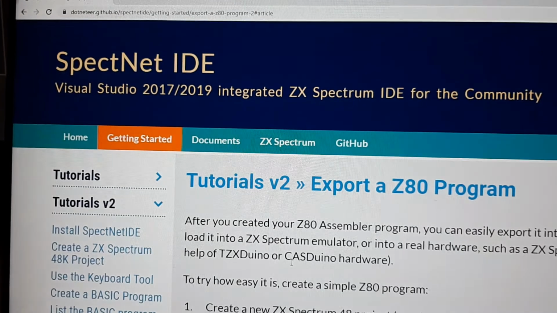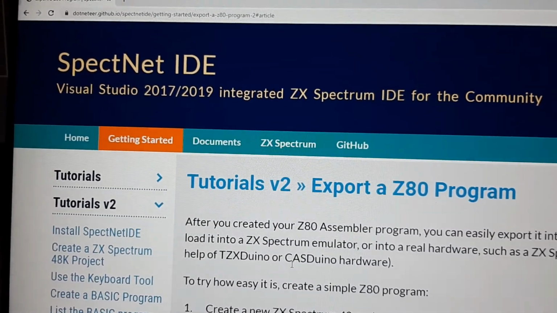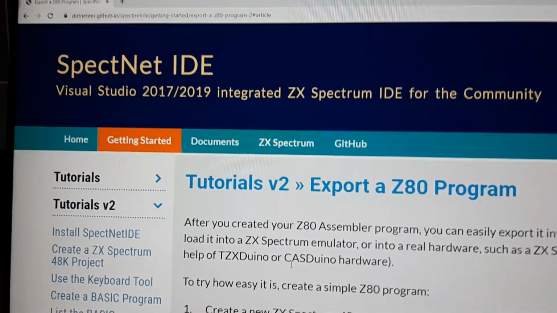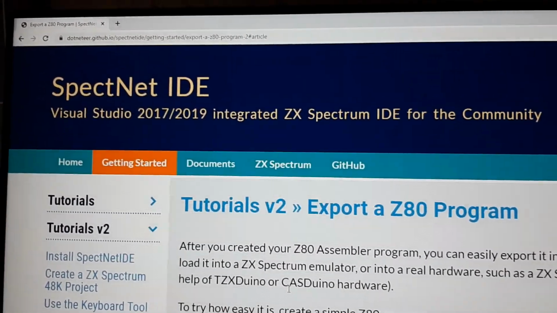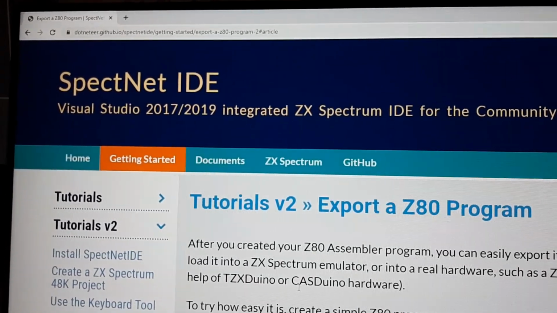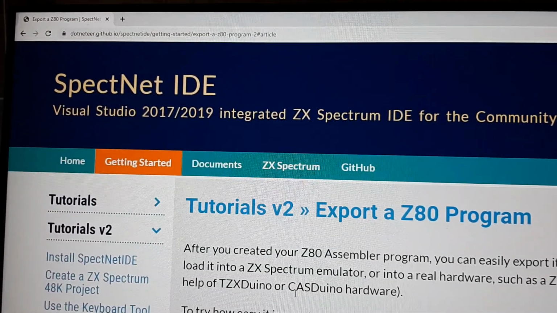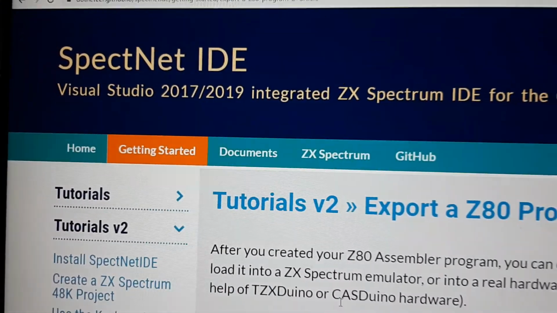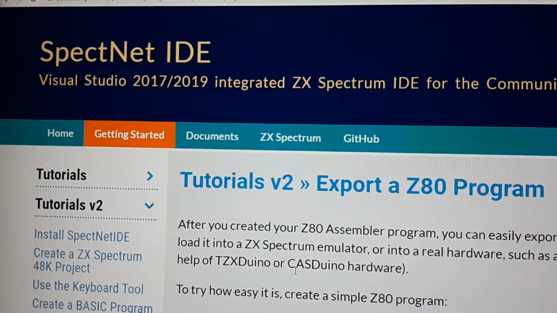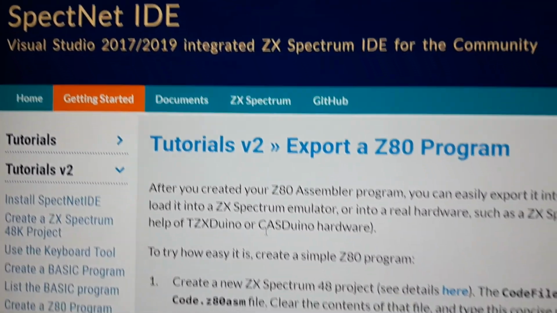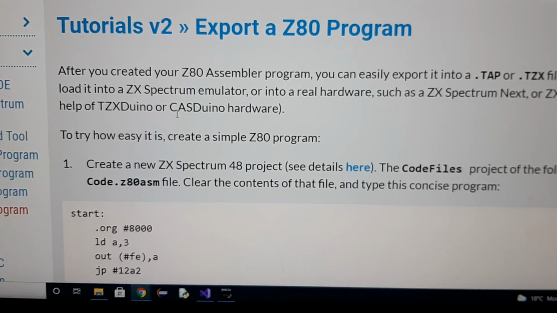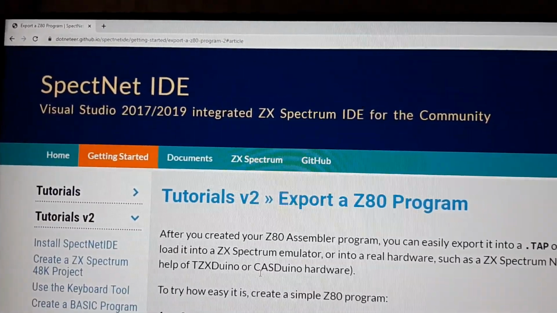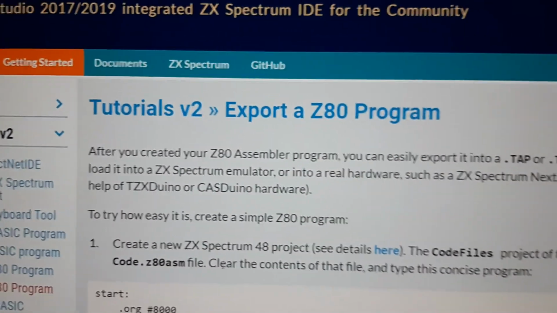So, I was trying to find a way of creating ZX Spectrum BASIC programs without having to type them in on the keyboard, which is sometimes a bit of a pain, and just to try stuff quickly. So I found SpecNetIDE, which is like a plugin for Visual Studio. And if you're using Visual Studio at home, you can just download it for free. It's on this website, and so I did that,